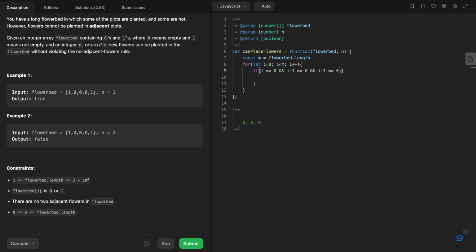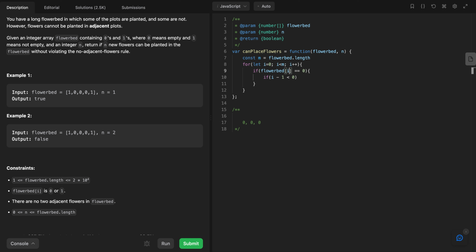Okay, we can, instead of having it here, we can put it inside. So if i minus 1 is greater than 0, either it is less than 0, so in that case we do nothing, and this is going to be